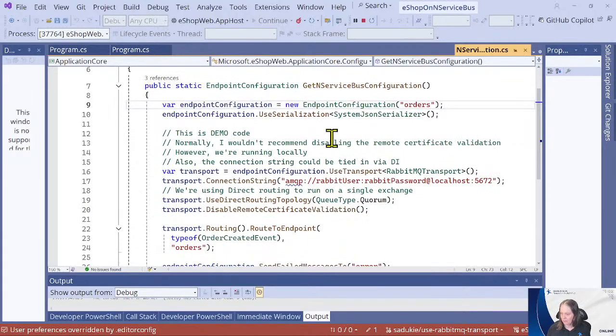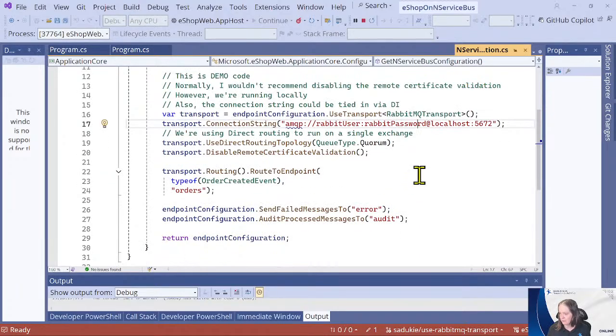For this demo, I don't know why I chose direct routing. We ended up changing some of it, but we send it to our queues. This is my RabbitMQ that is spun up in Aspire. Again, we can pass it through DI. I changed it all in the next demo, so don't panic too much.